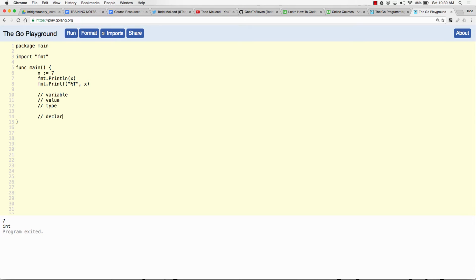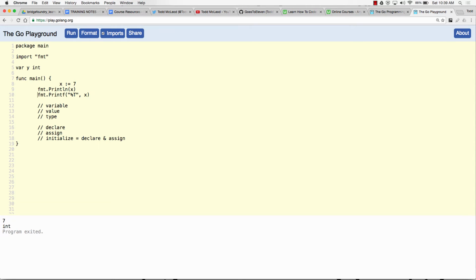We're also talking about declare, we're also talking about assign, and we're also talking about initialize, which is equal to declaring and assigning. You declare a variable. I could declare a variable var x int. Var y int. I'm declaring y is of type int. And then I could assign to y a value. y is equal to 7. If you declare and assign at the same time, that's all initialization.